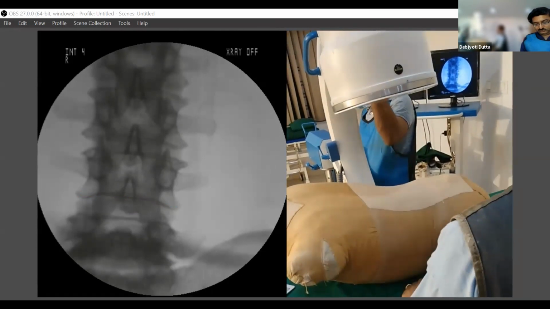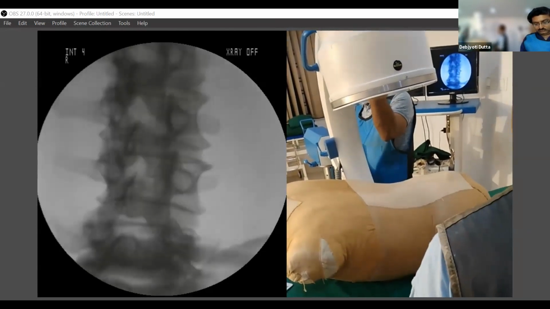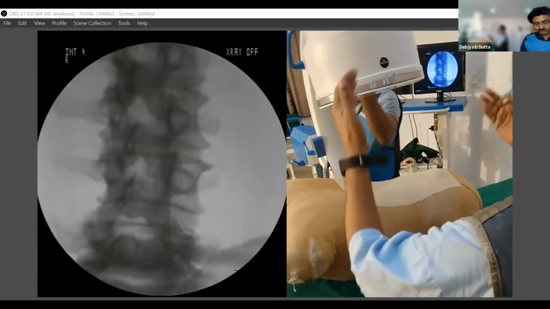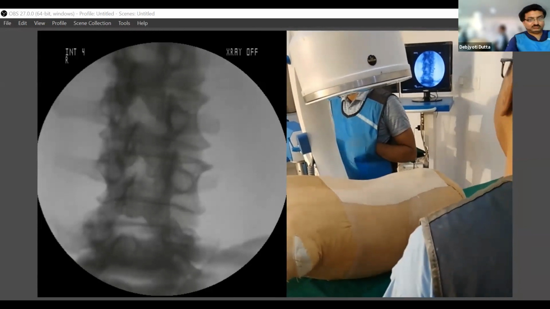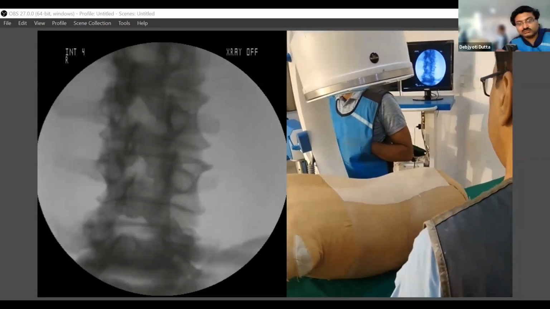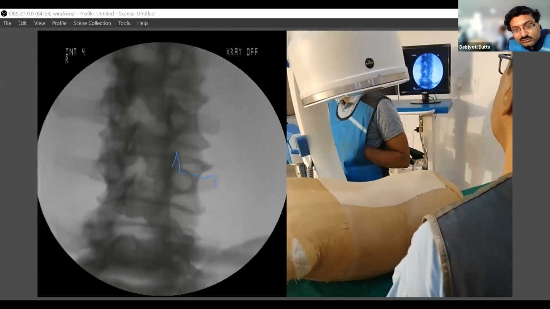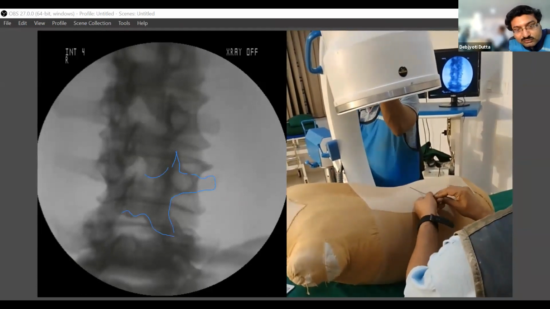So now you see, now you'll be getting the Scottish dog image. You see, L5 vertebral body, L4 vertebral body. You can imagine the Scottish dog. So here, what is important that I'll be trying to make the facet joint at the middle of the vertebral body. That much of lateral rotation is needed. So you can see this picture.